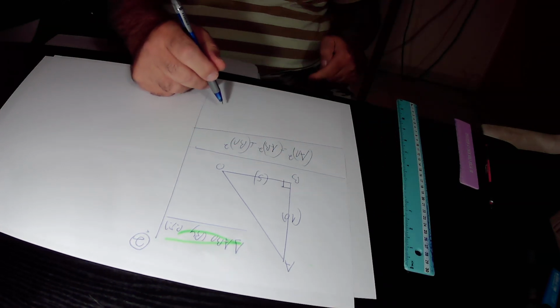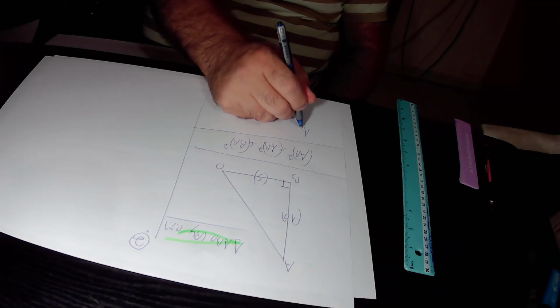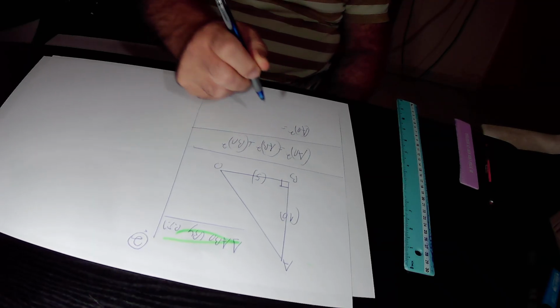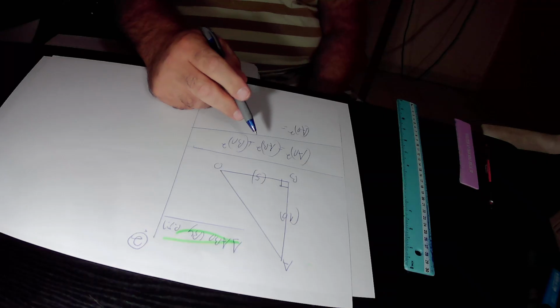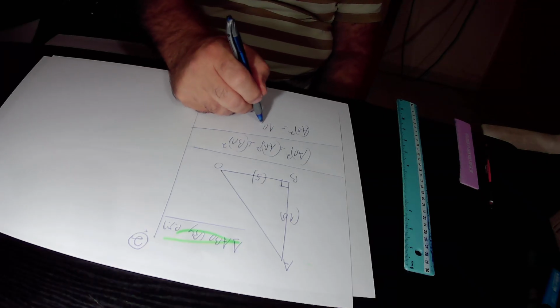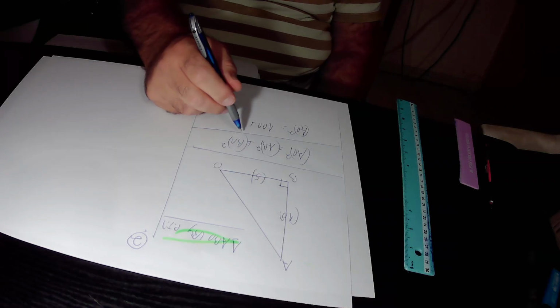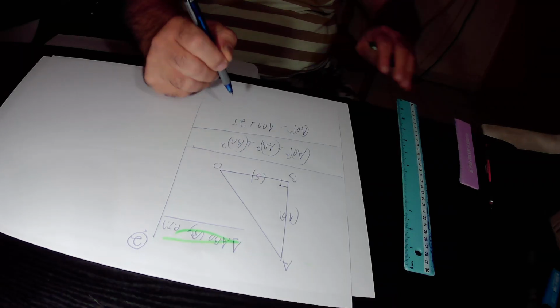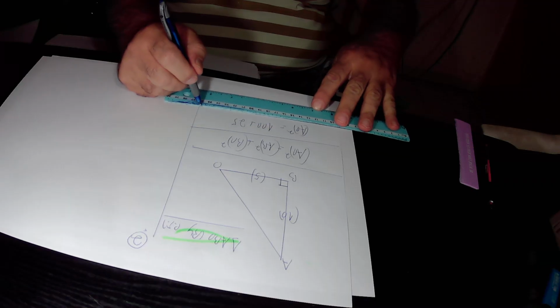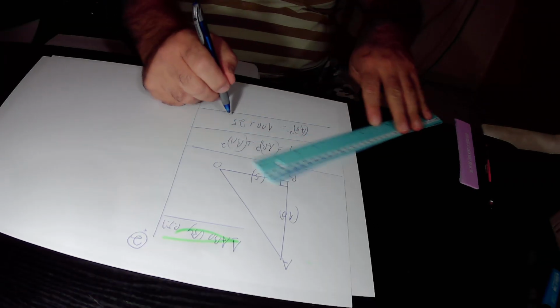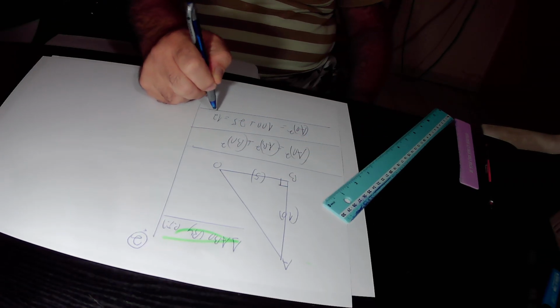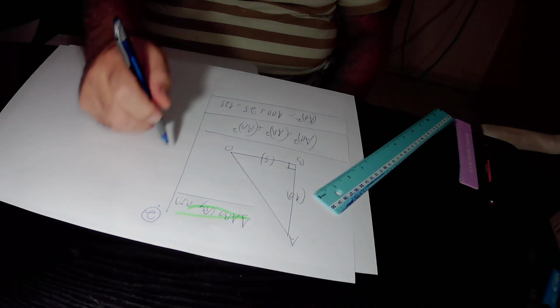AO is the missing side, so we leave it as it is. So it is AO squared equals AB squared. AB is 10, therefore AB squared is 10 squared, that is 100, plus BO squared. BO equals 5, and therefore BO squared equals 5 squared, that is 25. So in total, AO squared equals 100 plus 25, that is 125. So AO squared